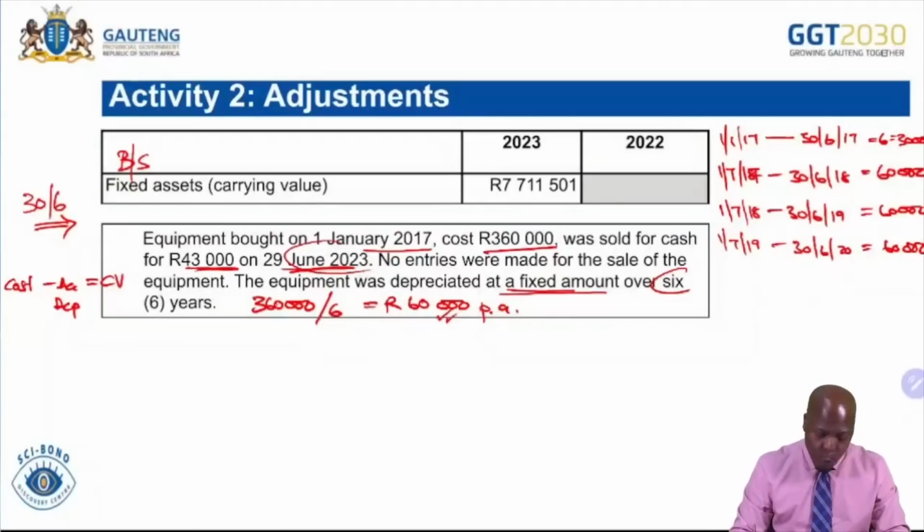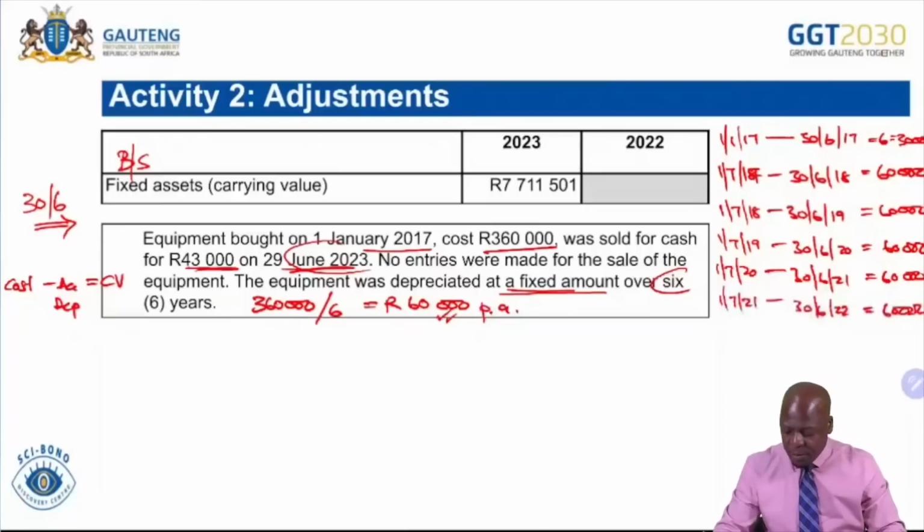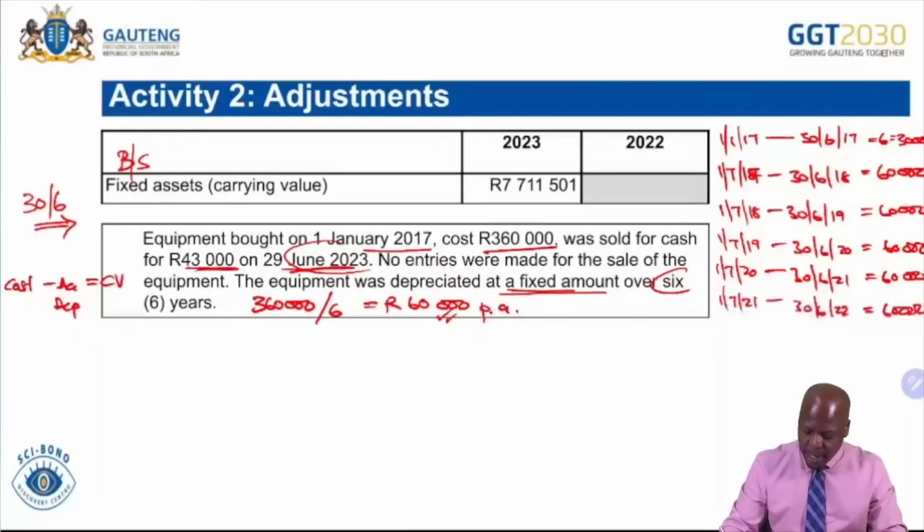So the following year, which was the 1st of July 2020, which ended on the 30th of June 2021, it lost again another 60,000. Then the following year again, which was the 1st of July 2021, which ended on the 30th of June 2022, it lost again another 60,000 until this very same year now. So you will find that so far this asset has lost 30,000, 60,000, 60,000, 60,000, and if you add all